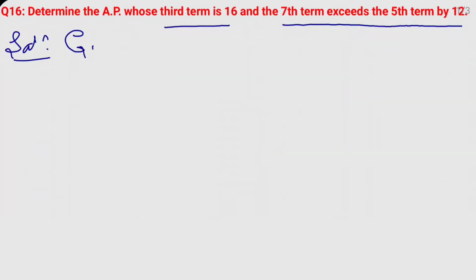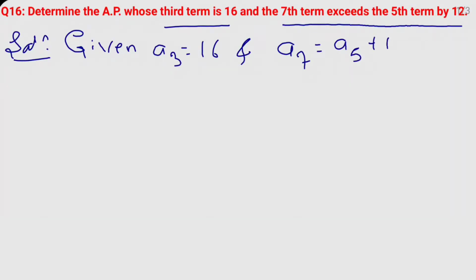Given: third term a3 is 16, and also they have given the seventh term a7 equal to a5 plus 12. The seventh term exceeds the fifth term by 12. a7 equals a5 plus 12. Is it clear? Now we know that